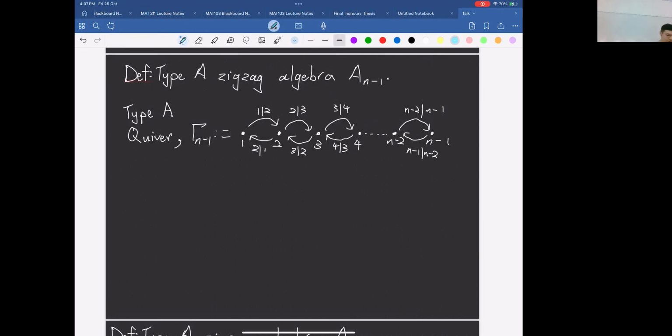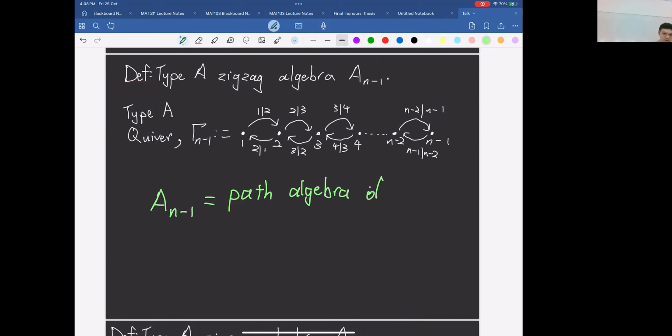So what is the algebra here? In the algebra, there are two operations: you can add, you can multiply. How do you multiply here? This is what is called the path algebra, meaning you just concatenate paths. If you can concatenate, for example 1,2 and 2,3, you get a path from 1 to 3. If you cannot concatenate, because the endpoint and starting point differ, for example 1,2 and 3,4, then they compose to 0. So it's quite intuitive here.